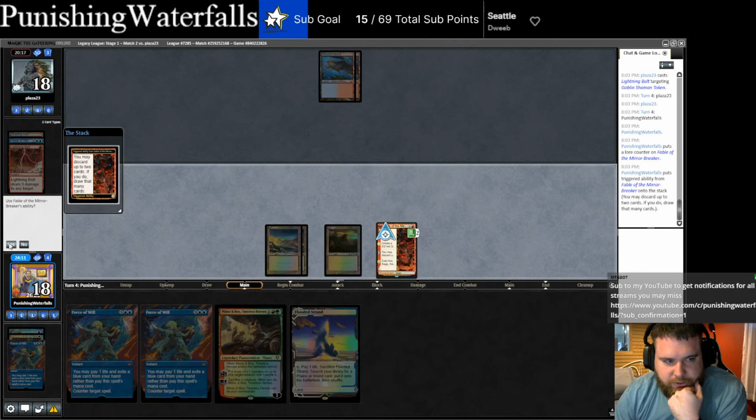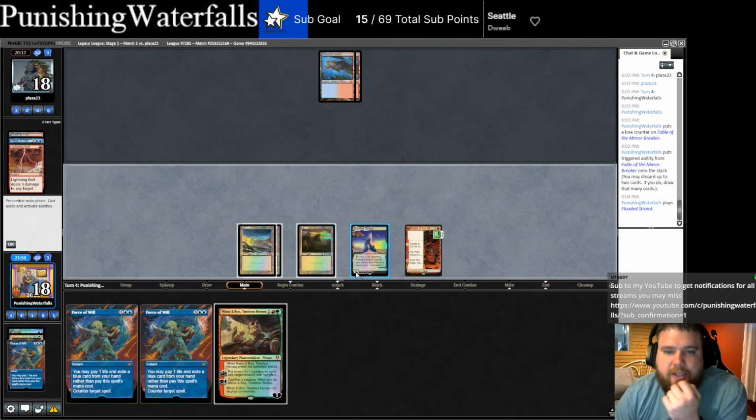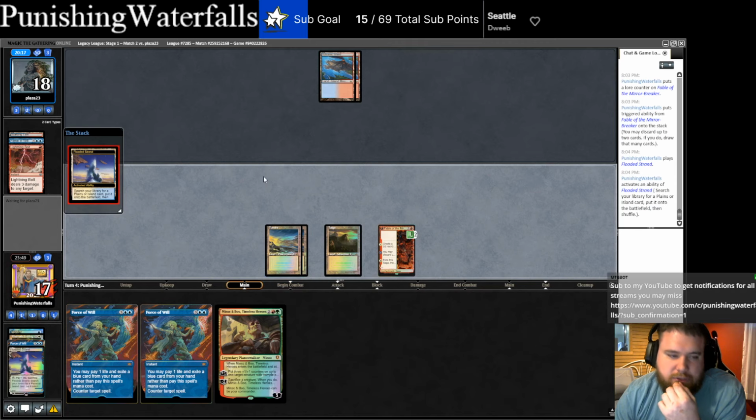Do I want to get rid of anything? I kind of don't want Minsc and Boo versus the Bolt deck, I don't think. They did use one Bolt already. But realistically, their hand, they don't have threats, right? It's counter magic or... I guess I could force the Bolt if they let it resolve. Yeah, I could force the Bolt. They didn't have Daze last turn, so...